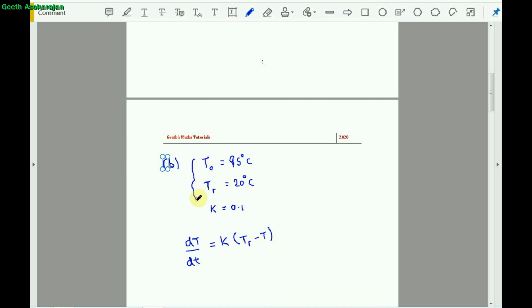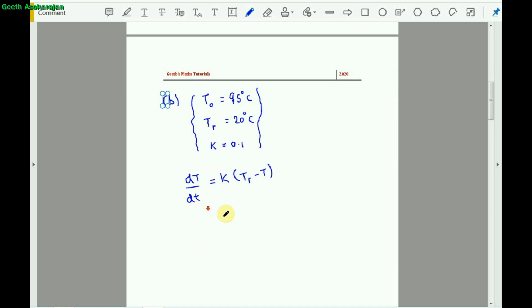Now I'm going to plug in this data right at the end. However, let's solve this differential equation. So I'm sure that you would agree that this is a first order differential equation, and to solve first order differential equations we need to use the method of separating the variables. So by separating variables,